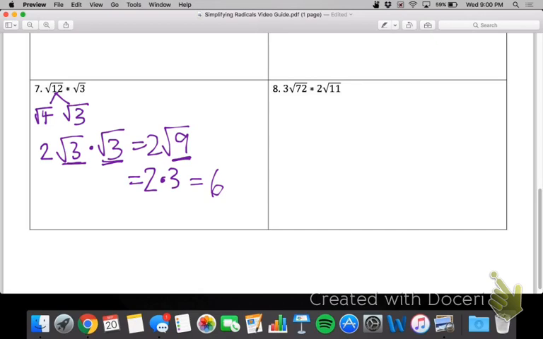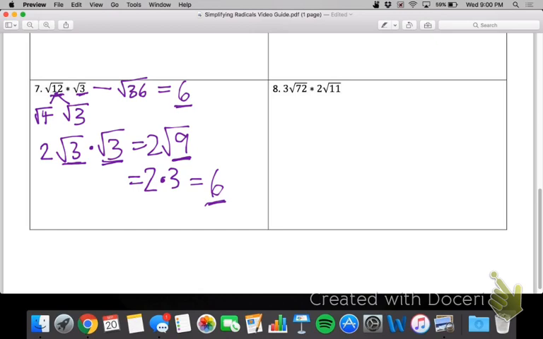Another way to do this problem would have been to multiply them together straight away. So 12 times 3 is 36. And you see the same thing. The square root of 36 is exactly 6. That one's on our perfect square list. So 2 ways to get the same answer. Alright,